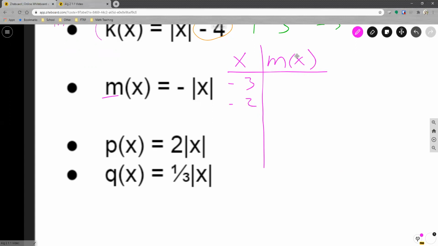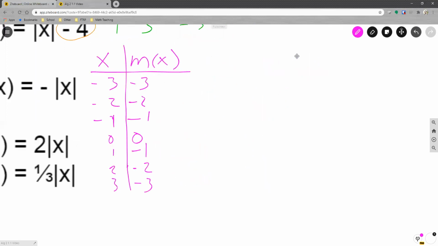So -3, -2, -1, 0, 1, 2, and 3. Absolute value of -3 is +3. I put a negative back on it, gives me -3. Same with -2, same with -1. There is no such thing as -0. And then if I plug a 1 in, absolute value of 1 is 1, negative of that is -1, -2, and -3. If I'm to graph this,